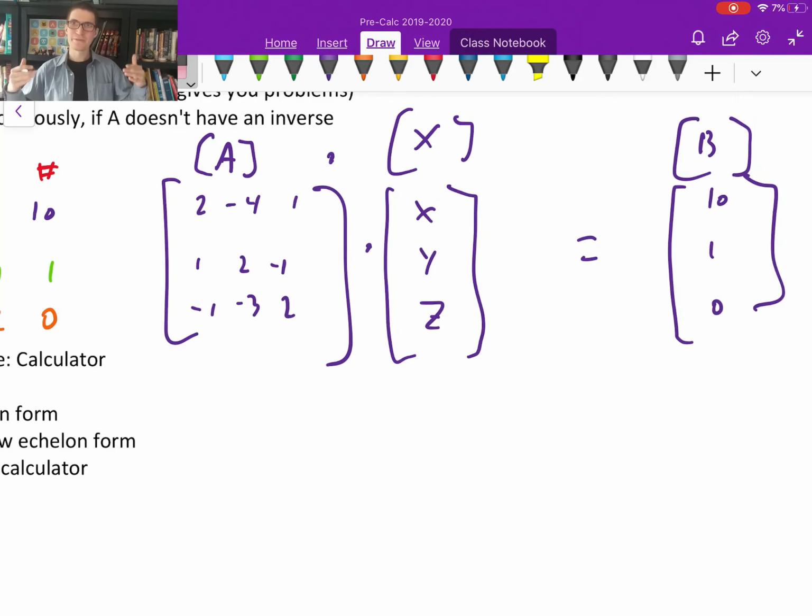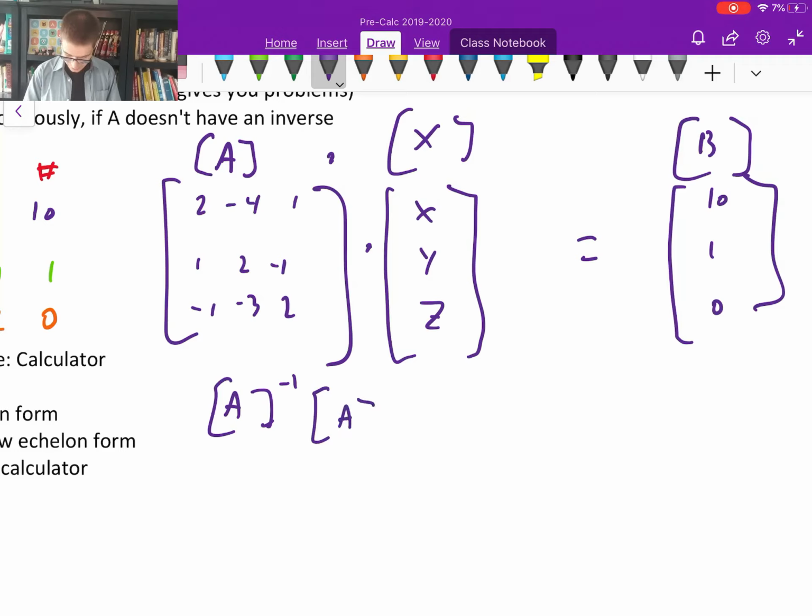Now here's the question: how do we find the variables for matrix X? We can solve this just about like an algebra equation. You know how in matrix equations we can't divide, but we can multiply by the inverse. So we'll multiply matrix A by the inverse of matrix A. So inverse matrix A times matrix A times X